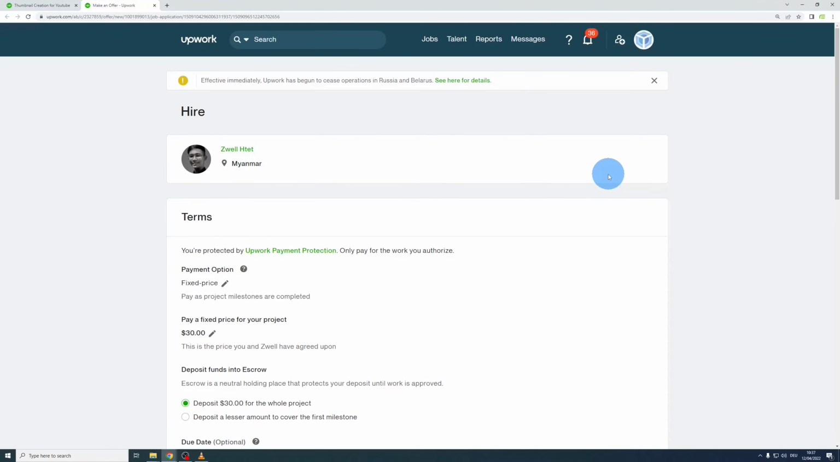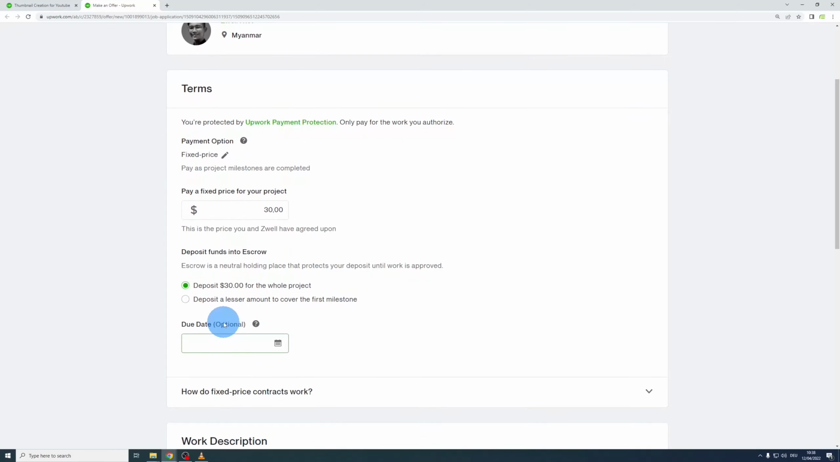Because you're not actually immediately hiring, you're making an offer which the freelancer needs to accept before the contract starts. So the project price will be fixed. It will be $30. Next is to deposit the funds into escrow. You could choose to immediately deposit the entire amount, or you could define a lesser amount to cover the first